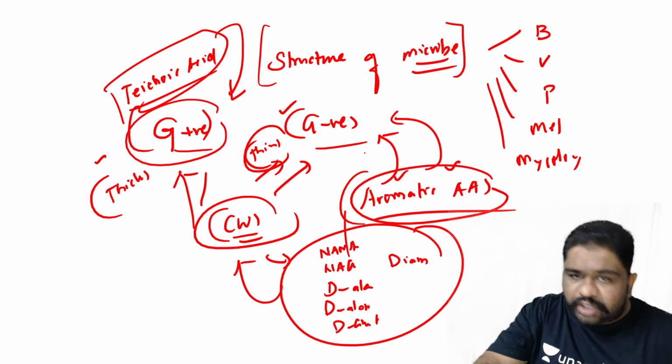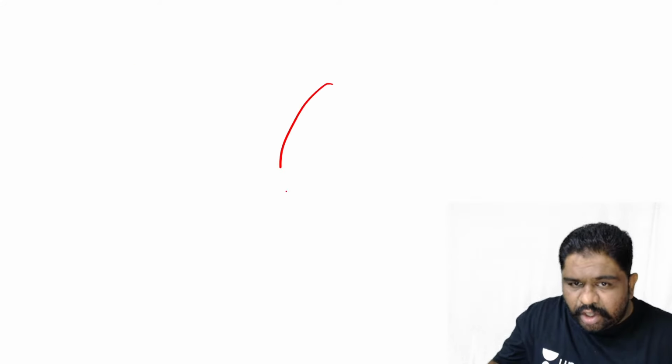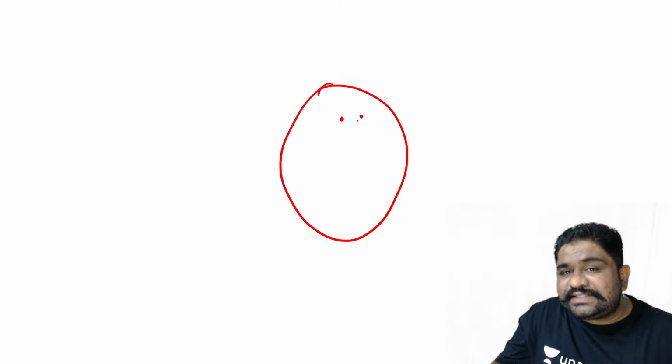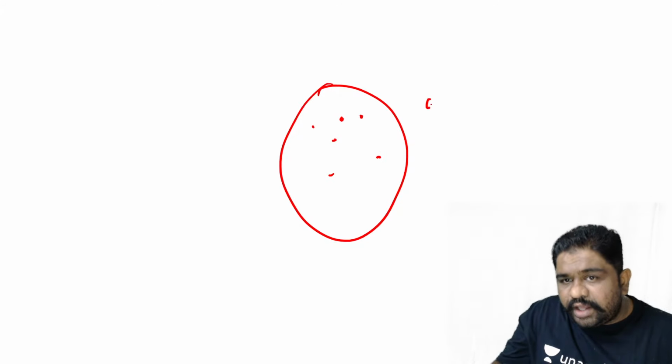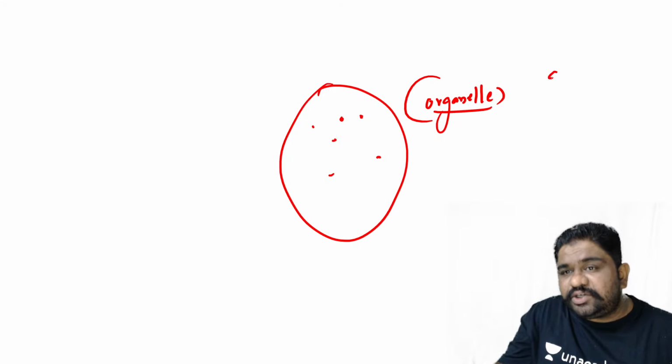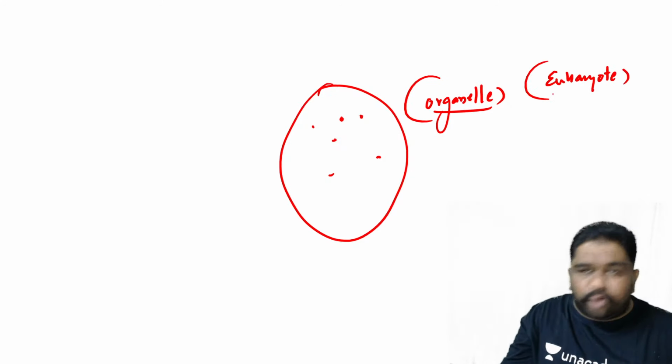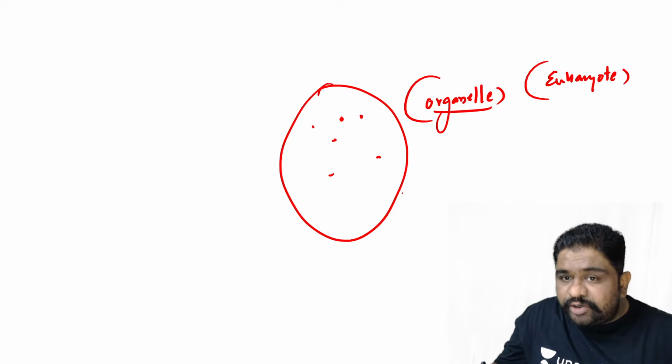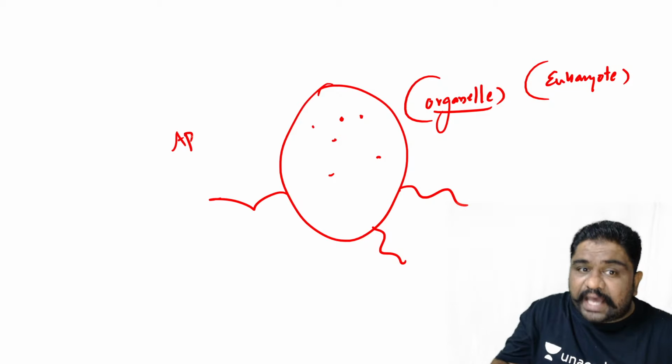Now, if you focus on a bacteria, listen very carefully. Whatever components you find inside the cell of a bacteria can be referred to as an organelle. But technically, organelles are present only in case of eukaryotes, and bacteria, being prokaryotes, are devoid of most of the organelles. But if you look at structures coming out of the bacteria, they are called appendages,